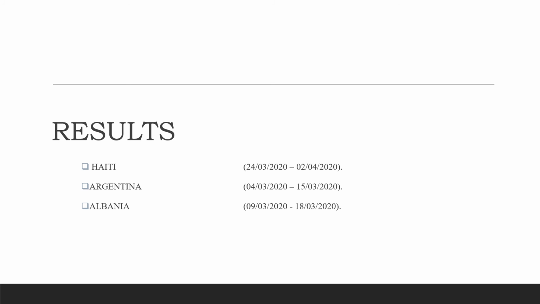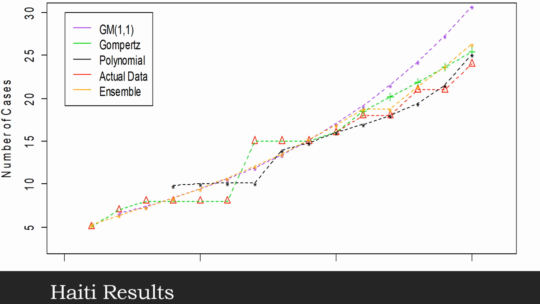So next we see the results for all the algorithms for each country. This slide shows how well the models fit and forecast the Haiti dataset. It can be difficult to visually discriminate the performance of these models.